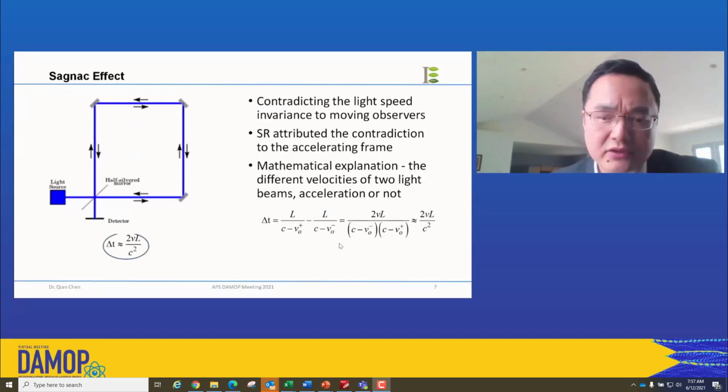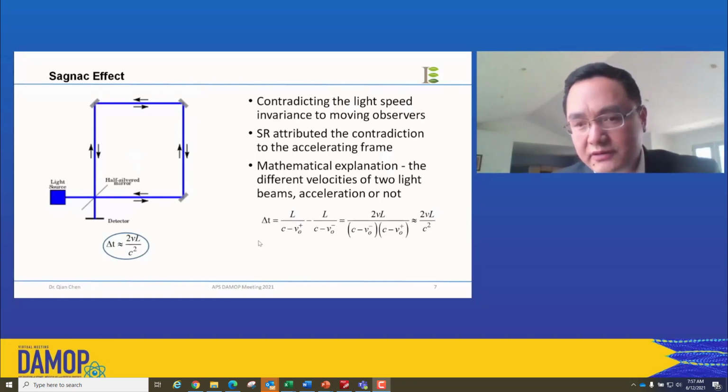The experiment shows there's a delta t between the travel times of 2 light beams in opposite directions. This result contradicts the light speed invariance to moving observers. And